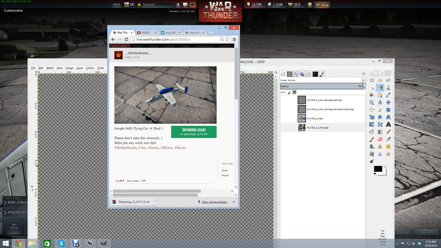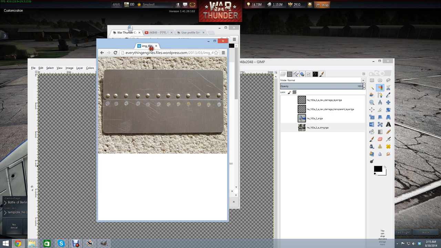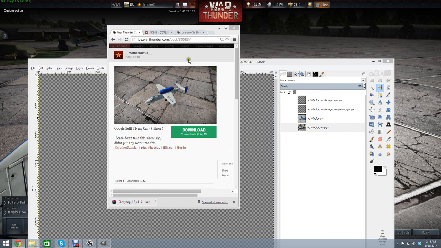Hi folks, this is SimplexX, and this is a really quick damage skin request fill that I'm doing. I wanted to do a video to show how to actually apply this request. I do have another video on how to actually create a damage skin from scratch,